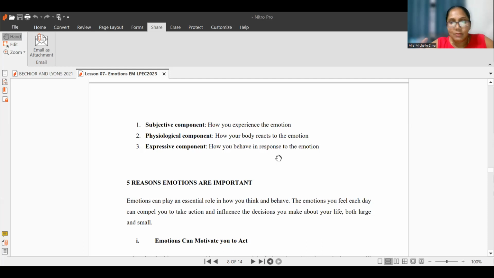So the first one is how you experience that emotion. Then after, your physical changes happen as a result of the emotion. The third one is how you behave in front of others in response to that emotion. You can write down: how you behave in response to the emotion in front of the other. Further, write down under the expressive component: